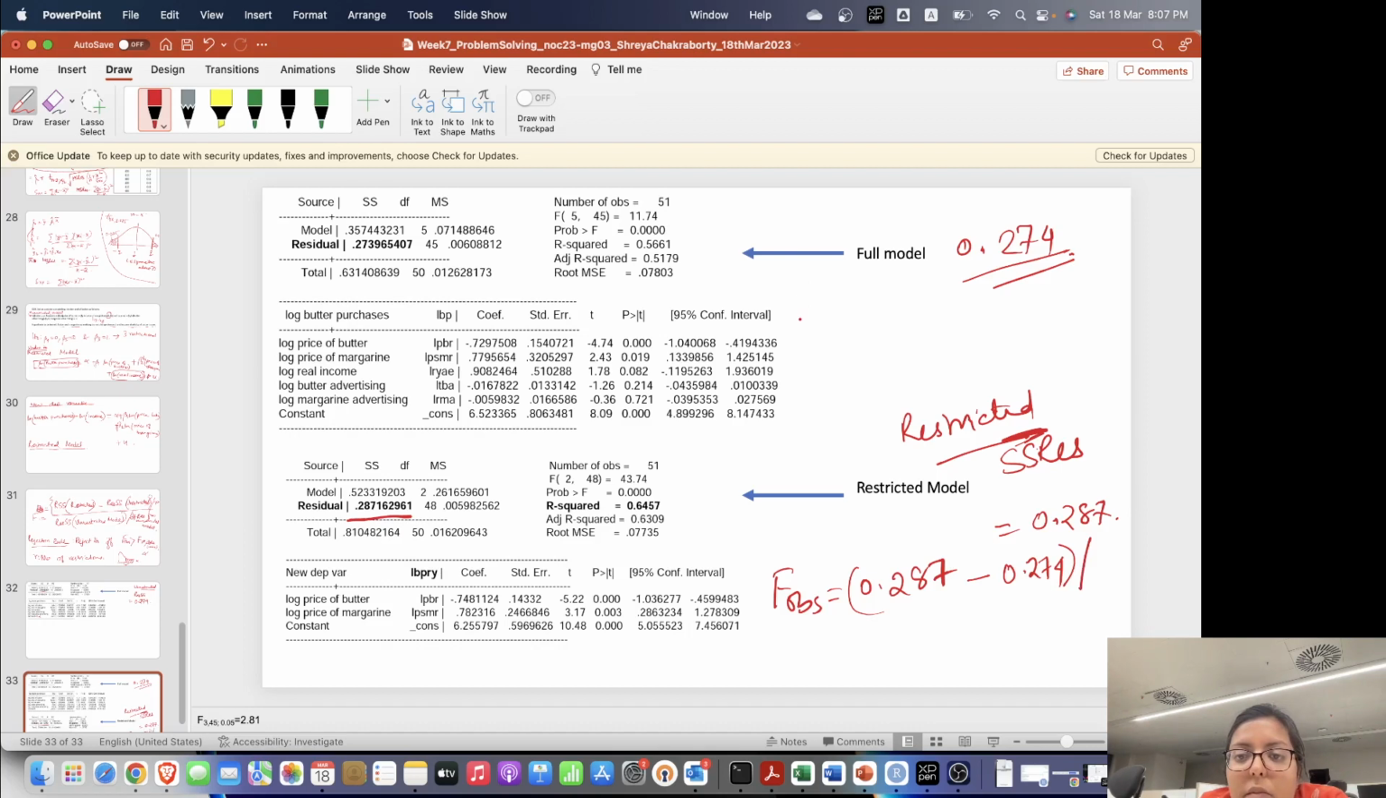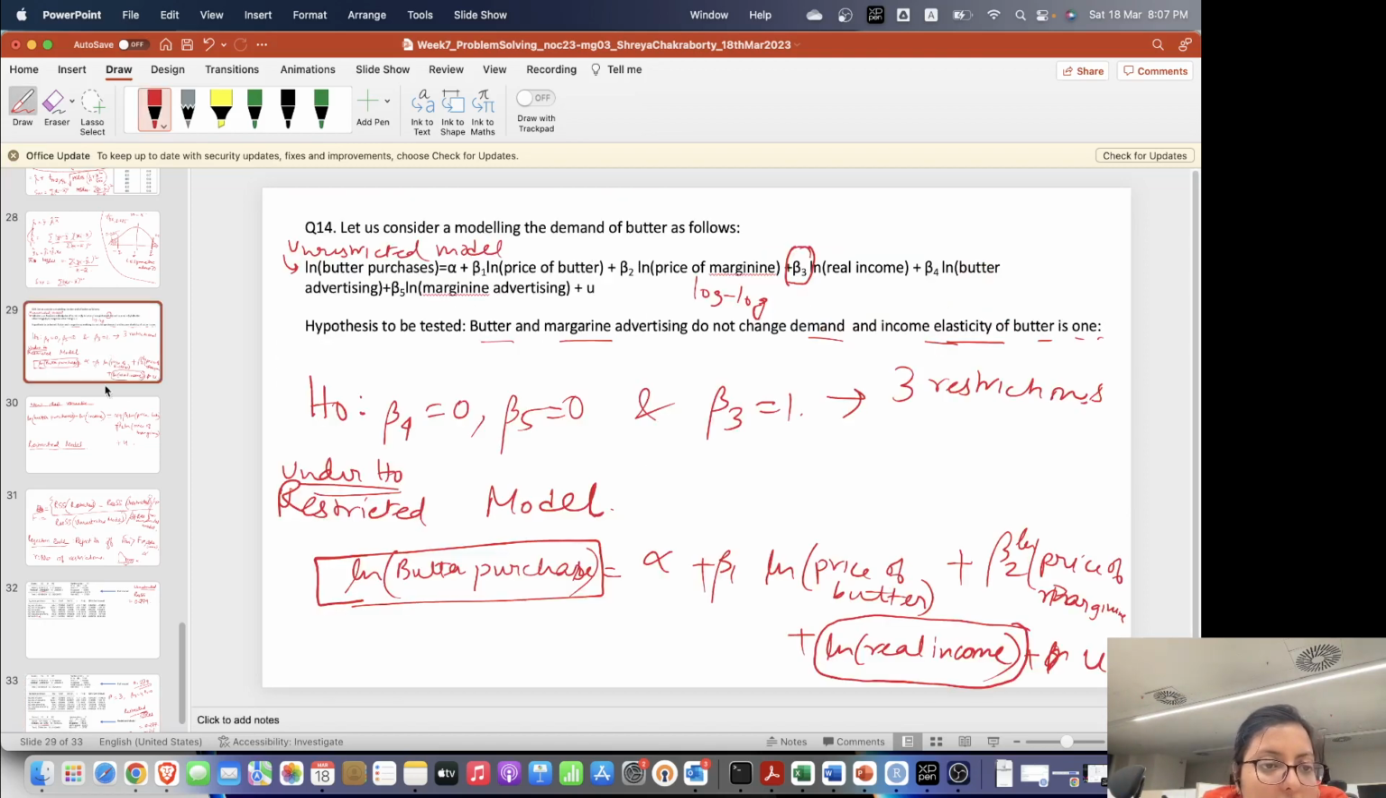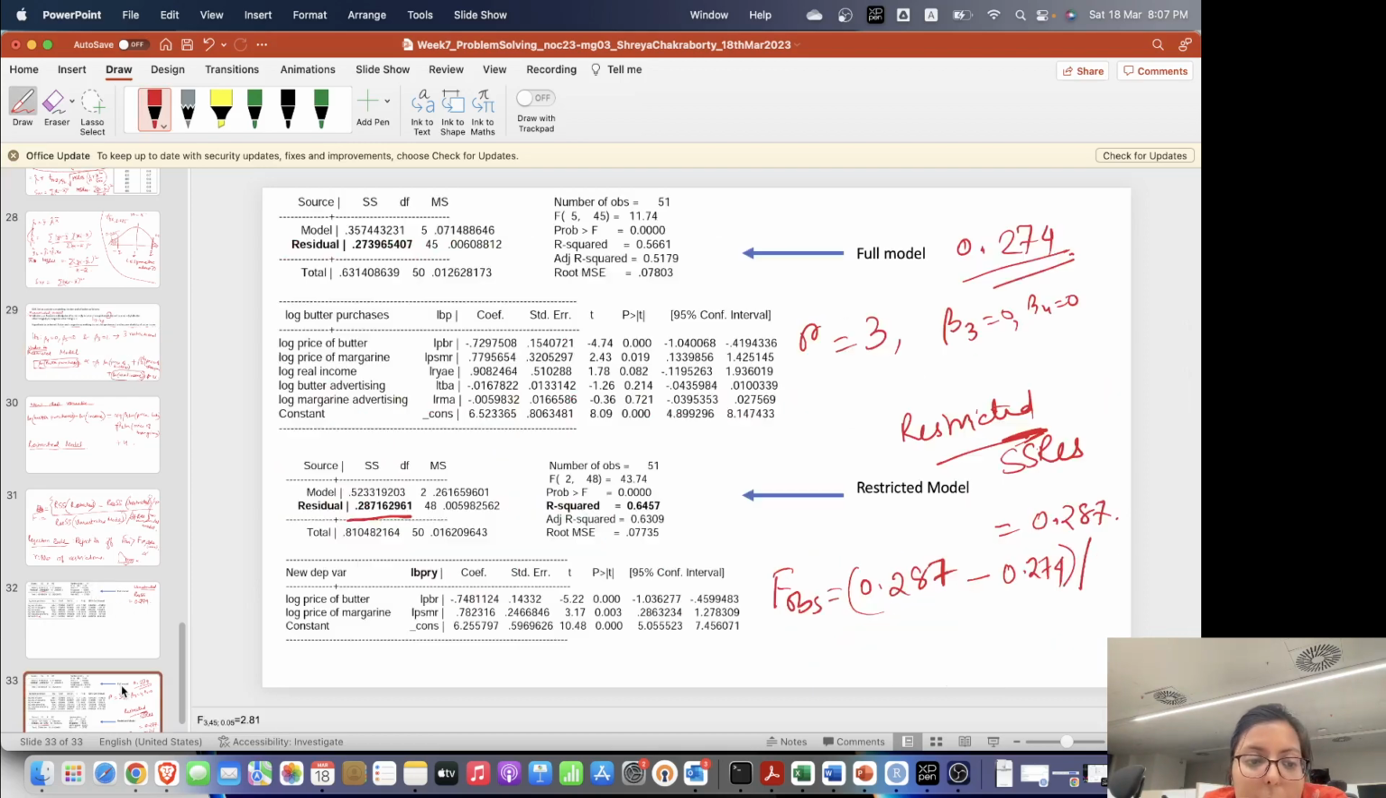divided by the total number of restrictions, which were 3. I wrote here beta 4, 5 and beta 3 equal to 1, sorry. So it was beta 4 equal to 0, beta 5 equal to 0 and beta 1 equal to 1. So these are the 3 restrictions. So divided by 3, divided by